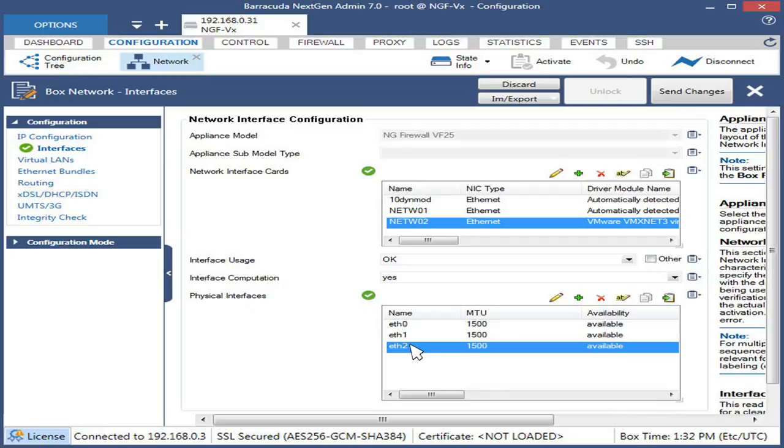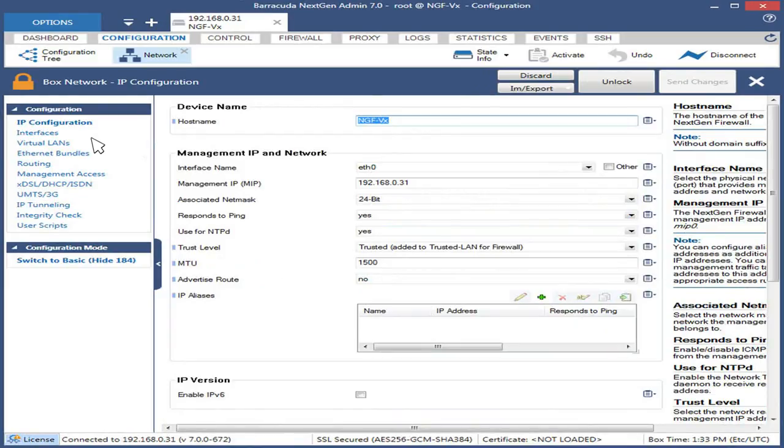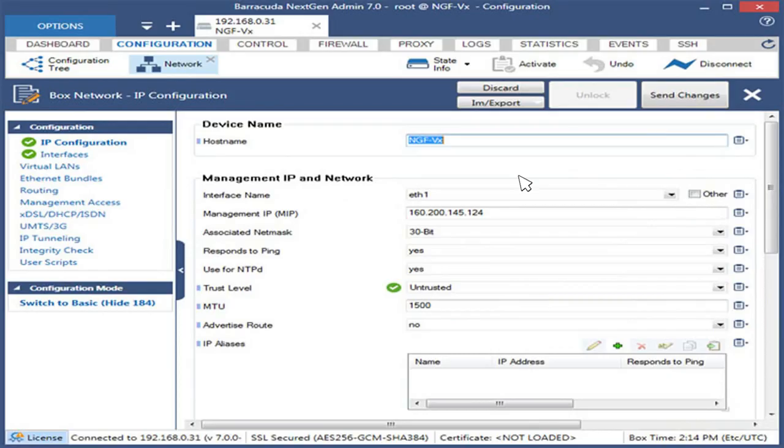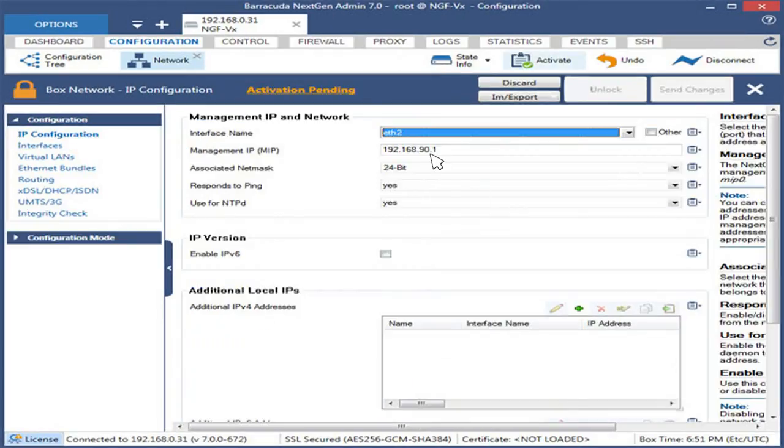Then proceed to configure the IP addresses of the physical interfaces and do this by marking the IP configuration option. The device name is by default, but we can also change it. Once we are in this screen, we will be able to assign each interface an IP address. When we select the interface name, we can see the ETH1 option already has its assigned IP. Then in the same interface name box, we can change to the option ETH2 to verify if it has assigned